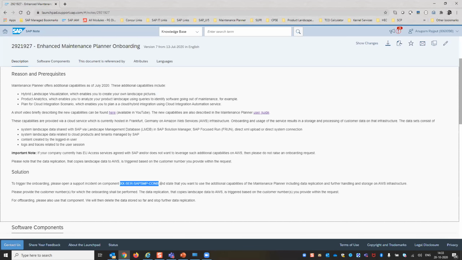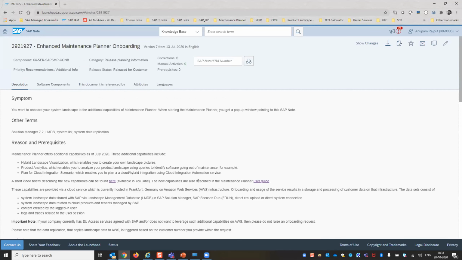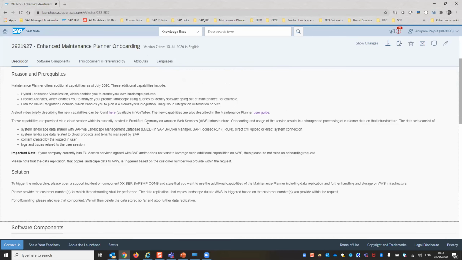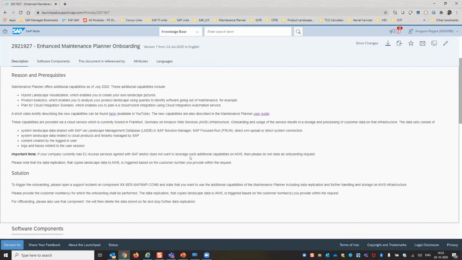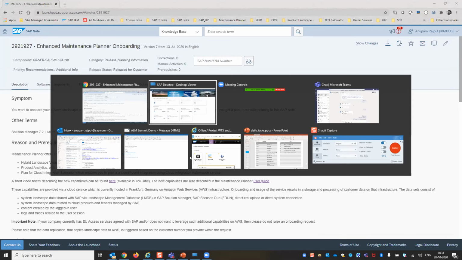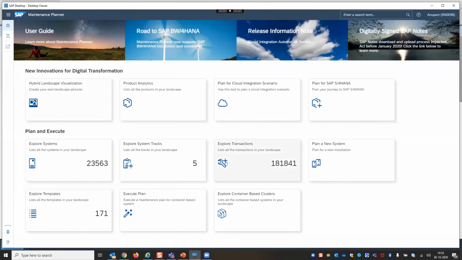And this is processed by our support colleagues, and that enables you to move to the new enhanced maintenance planner. You will need to provide the customer numbers for which the onboarding has to be performed, and the onboarding is actually executed for those specific customer numbers. Once the onboarding has been completed, when you log into the application again, you will be redirected to the